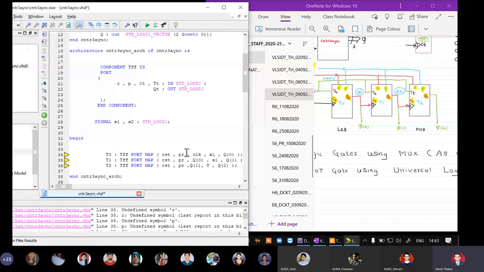Now CT, that is a clock input. So the first clock input is CLK, that's fine. And the second has to be, let it be X1 only. Okay, fine. First one: reset, preset, clock is CLK, then TT.